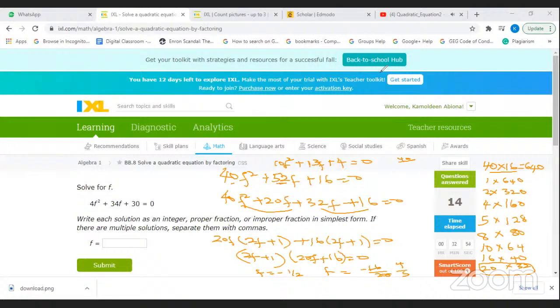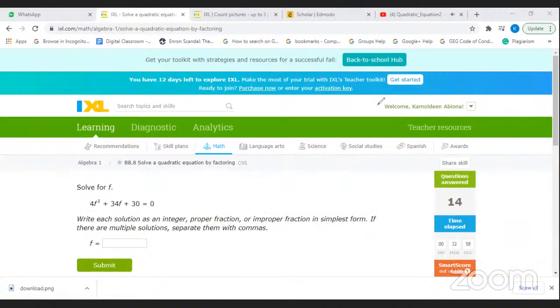So it means anytime we see that there's something that is common, we can always reduce. So you can see here too, we have 4f squared plus 34f plus 30 equals 0. Something is common. 2 is common. If you divide by 2, that's 2f squared plus 17f plus